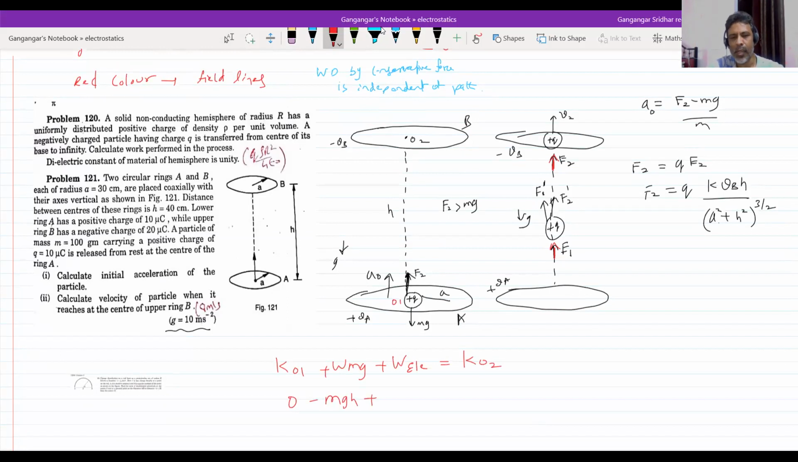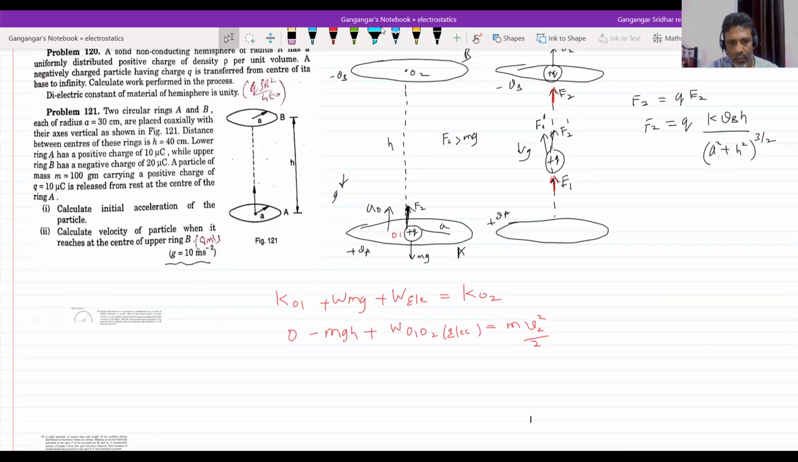How to get the work done by electrostatic force? Work done by electrostatic force in moving a charged particle from O1 to O2, we'll write like this. It should be equal to m v2 square, minus mgh. What about this? How to get this one? This should be equal to directly q into potential at point 1 minus potential at point 2. We are trying to avoid that integration method. How to calculate potential at 1, VO1,